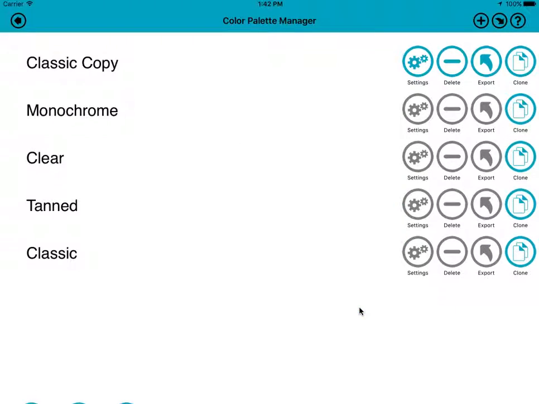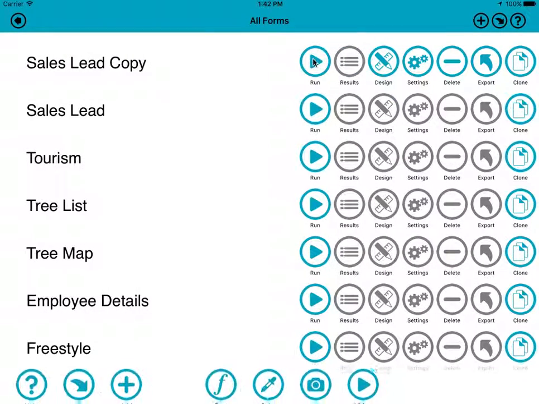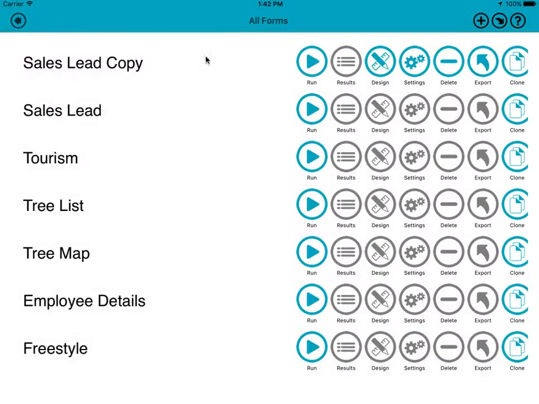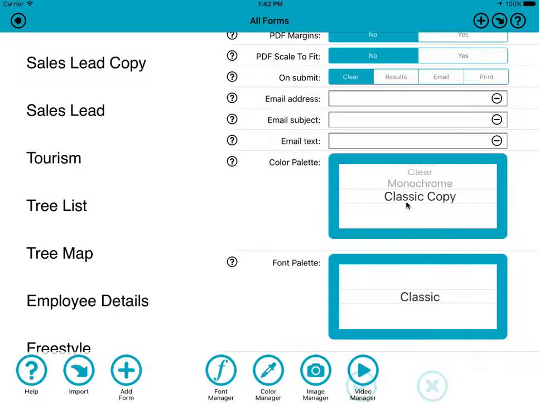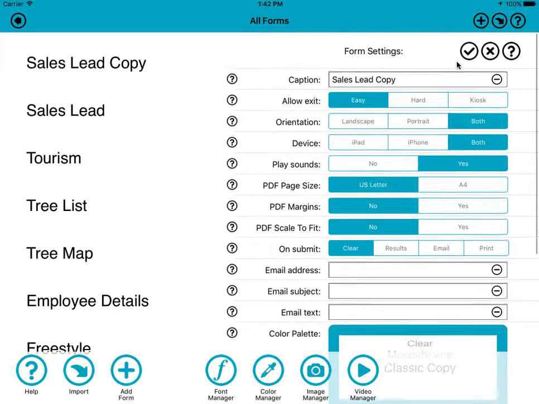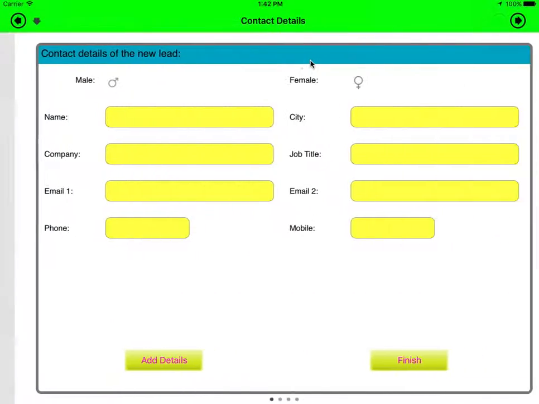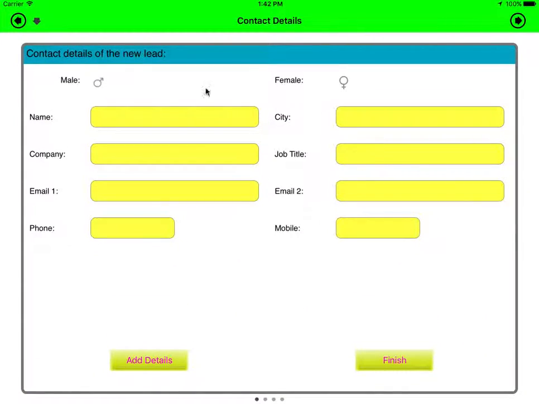And we'll have a little look at that. So if I go back to my form, if I look at my form now, it's still black and white. So I need to change the form setting to the color palette to classic copy, which is the one I just created. Now if I go into it, you can see that it's a strange combination of greens and yellows,